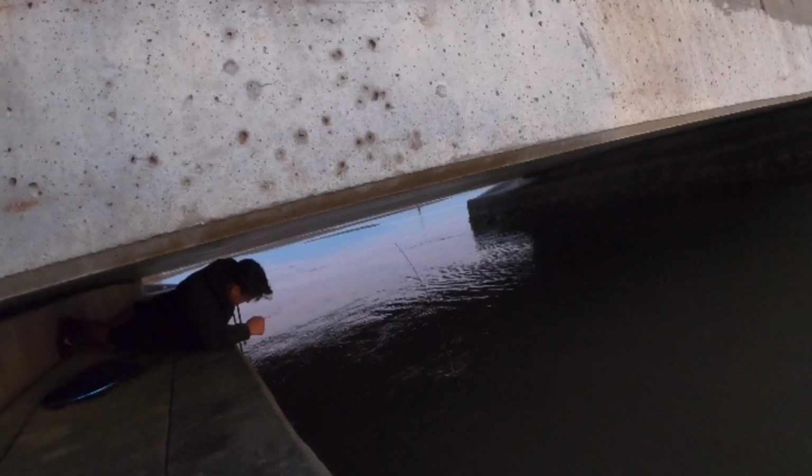So he crawled under the bridge, grabbed the line. And our whole plan here was that Nolan was going to shimmy his way. This took us a long time to figure out. But Nolan was going to pull line out of the reel while it was all under the water because it was stuck and would not come out. And he was going to shimmy his way across under the bridge, go up on top of the bridge, walk it across to the other side, back down to that far right corner, and then we were going to pull